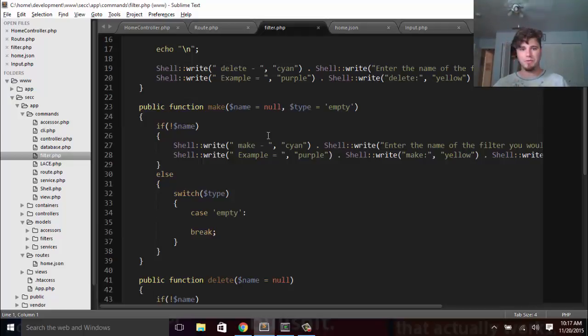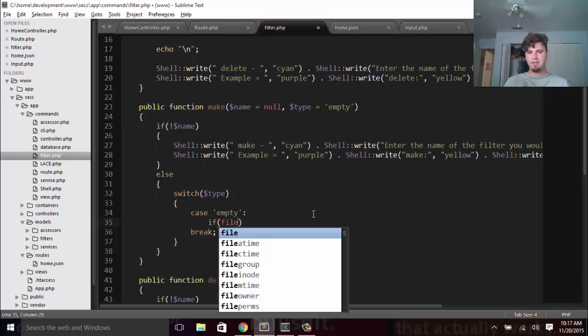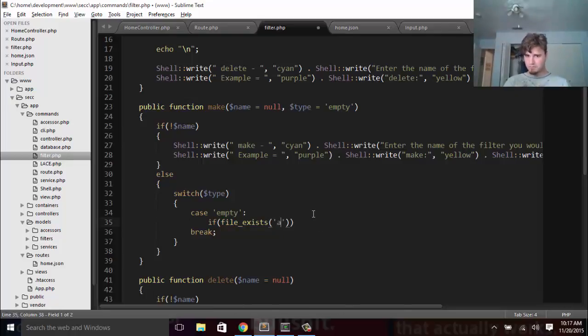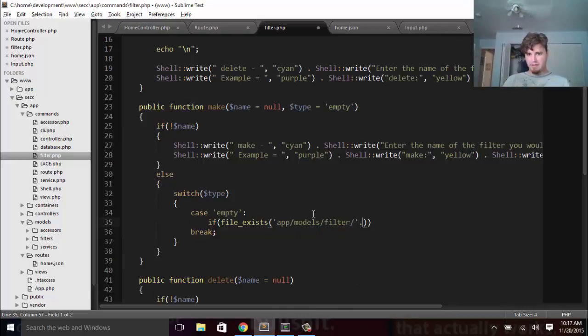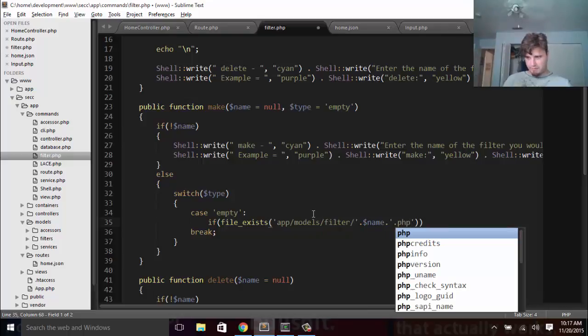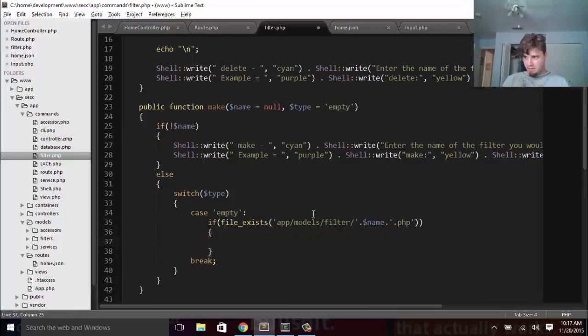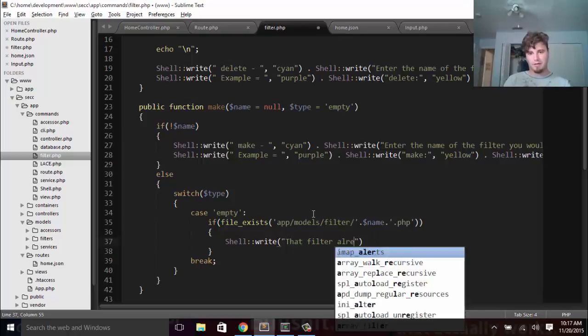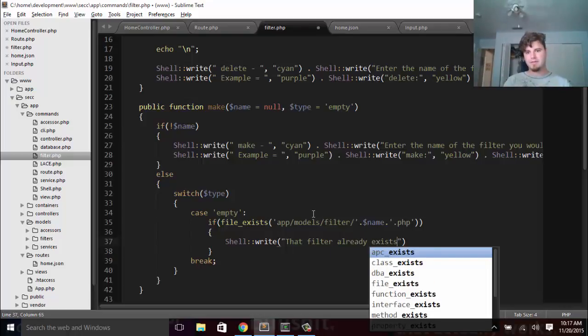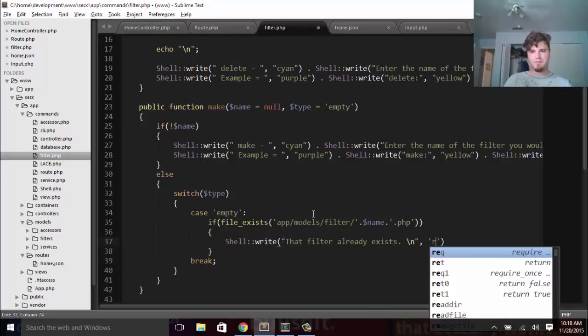So what we'll do is we'll say if our type has been passed in, and we're going to make it empty, then we'll check to see if the file exists. First of all, app models filters, and then the name of the filter plus the file extension. So if that's the case, then we'll shell write that filter already exists, and \n red,